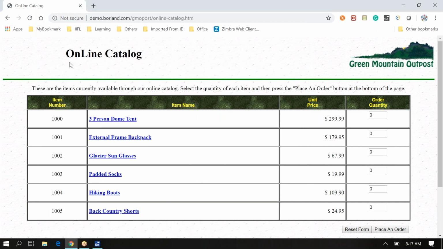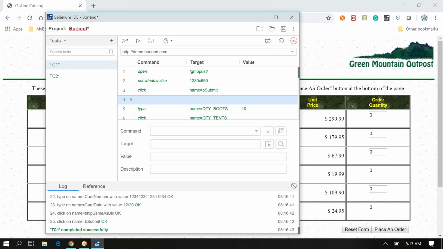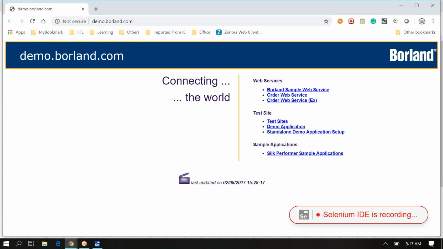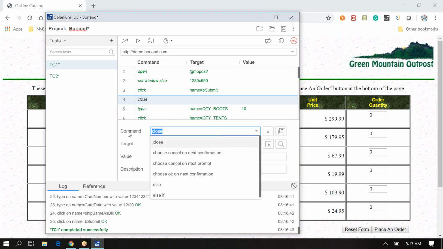What I want to do here, right click, I can click on the record button here. Let's stop. Okay, here